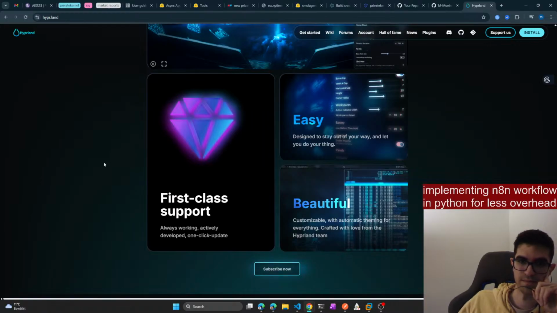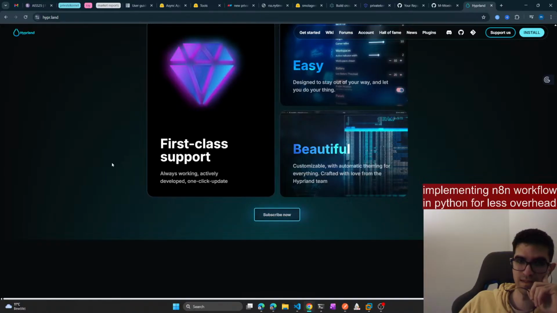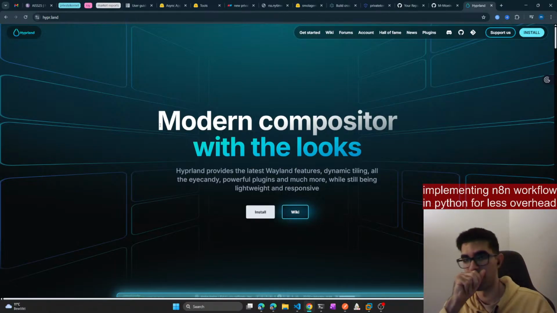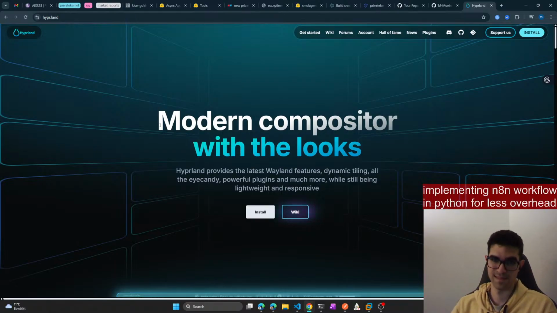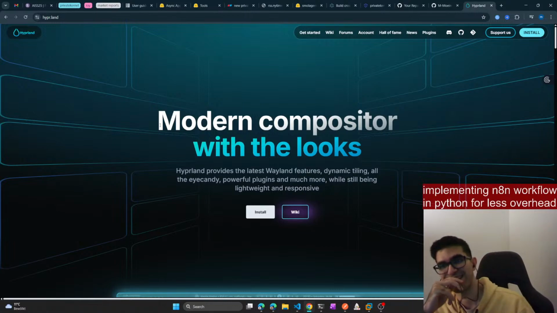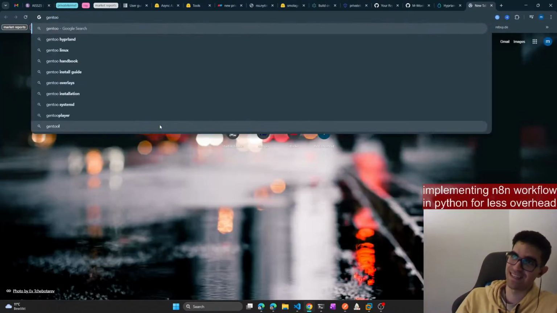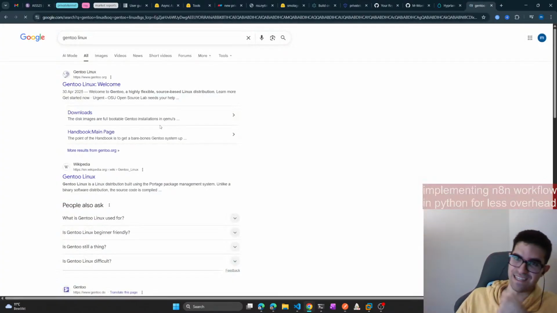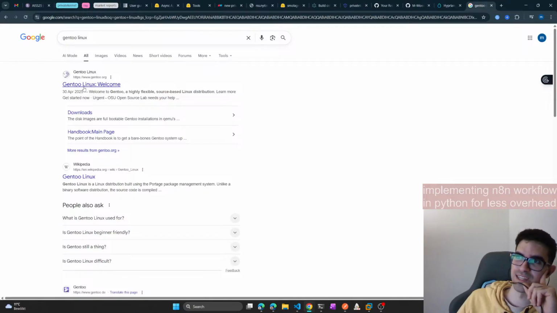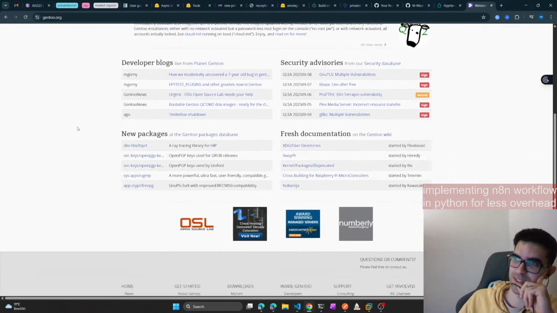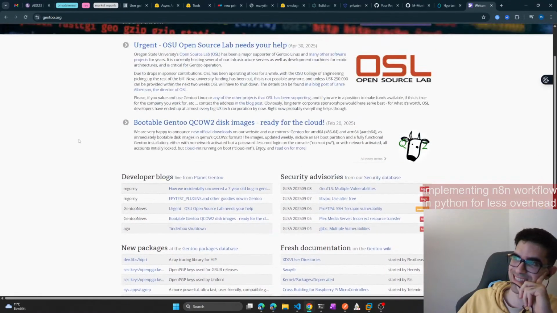Oh, I see. I think the last time I heard of Wayland was when I tried to install and configure my own Gentoo Linux, which was a bit of a pain in the neck.